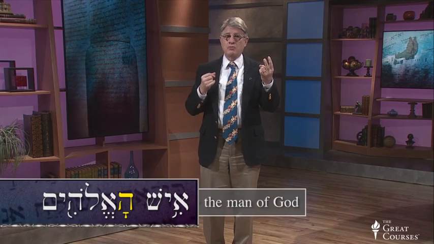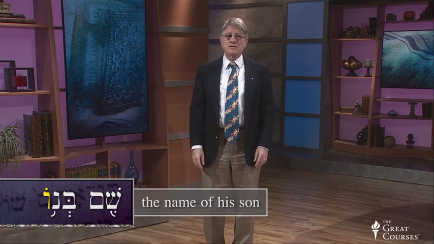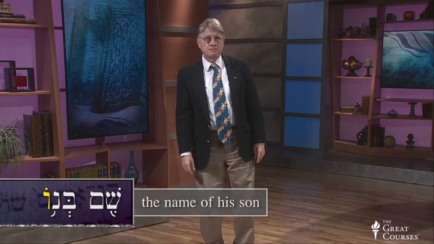One last reminder, a construct phrase is either definite or indefinite, the whole phrase, yes or no. Only the one noun that's in the absolute form, the noun at the end of the phrase, can be definite, either because it's a proper noun like Israel or Egypt, because it's got the definite article like Moses, the man of God, Ish ha-Elohim of Deuteronomy 33:1, or because it has a possessive suffix like Shem Beno, the name of his son in Genesis 4:17, when Cain names a city after his son.